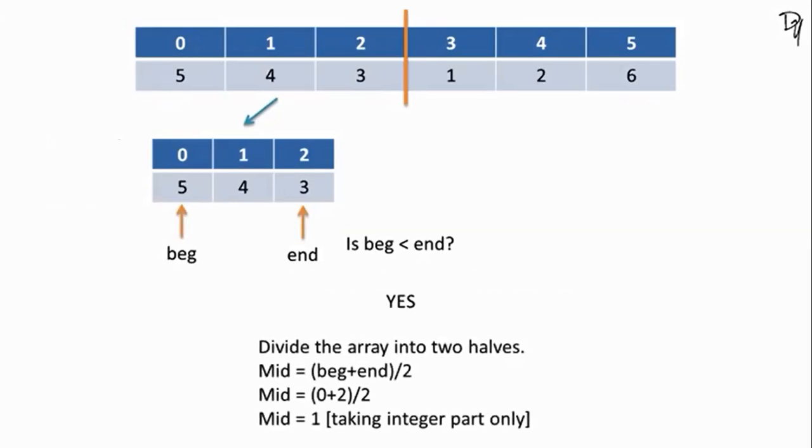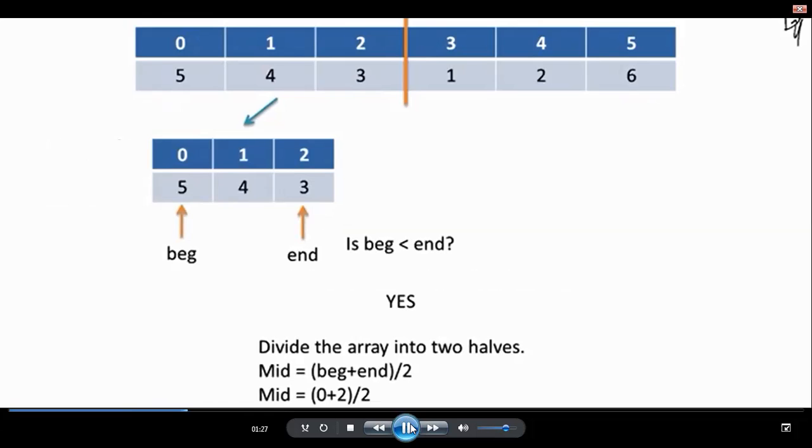So beginning less than end, yes, 0 less than 2. So using this formula, we are just dividing into 2 arrays. The mid position is 2, and the mid position is 1. So what will happen? This till this will split into